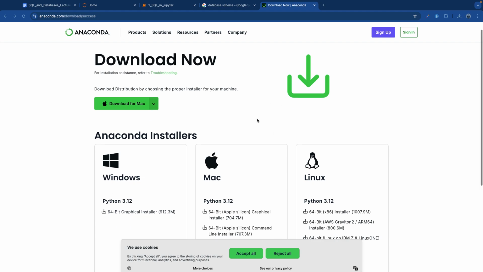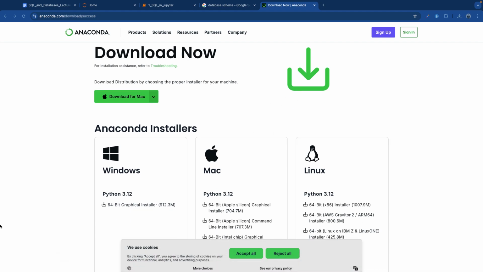Once you open it, you see Jupyter Notebook. You see Jupyter Notebook, click on launch Jupyter Notebook. Or another way that you can do it is, which is more like, okay,